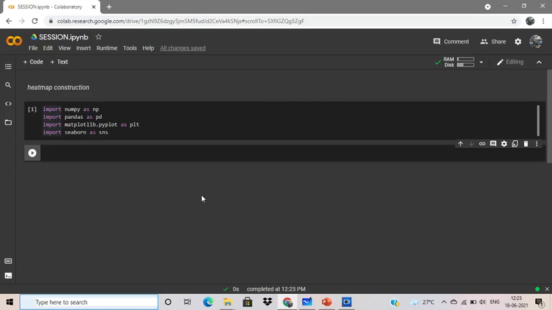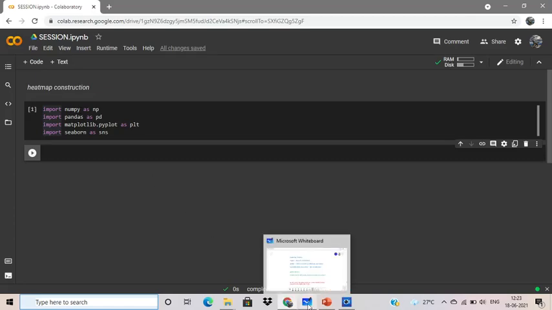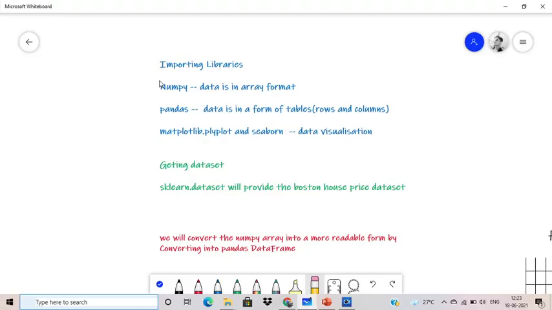Let me show you the basic work of these libraries. Let me open my whiteboard. There are four libraries we have: NumPy, Pandas, Matplotlib PyPlot, and Seaborn. These two libraries are basically used for data visualization.